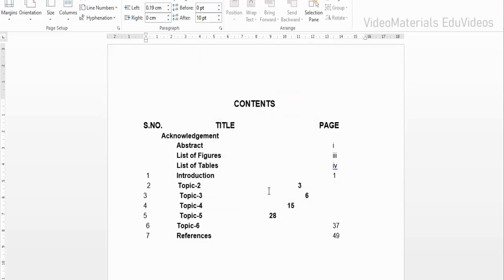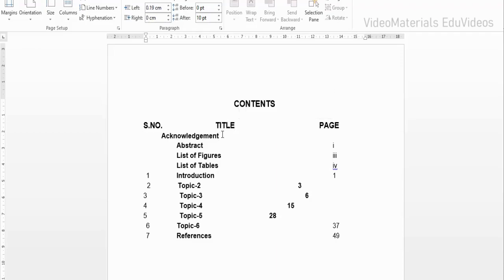So this is the actual tab position for this acknowledgement. It was moved to 2.4 or some 13.38 centimeters to show acknowledgement below the title. For that, it was done by providing some tab spaces.